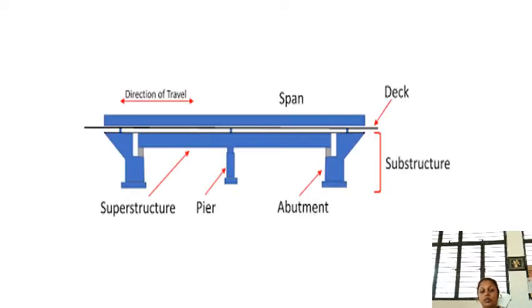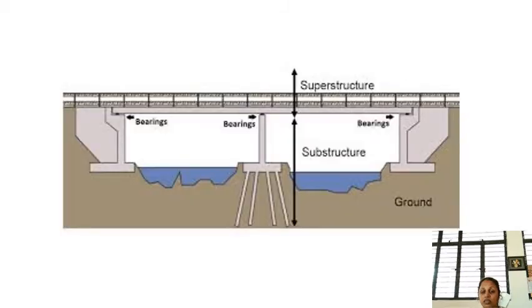Good morning, everyone. In this session, we shall discuss the substructures, that is the abutments and the piers. The part below the deck we call the substructure, which includes the abutments and the piers, and the part above the deck, including the deck, we call the superstructure. Including the foundations, the piers and the abutments, everything comes under the substructure. The bearings, deck, parapet, railings, footpath and the curb, everything comes under the superstructure.